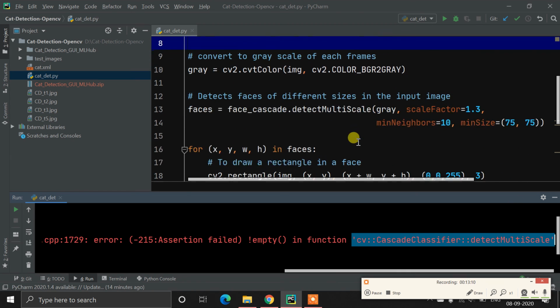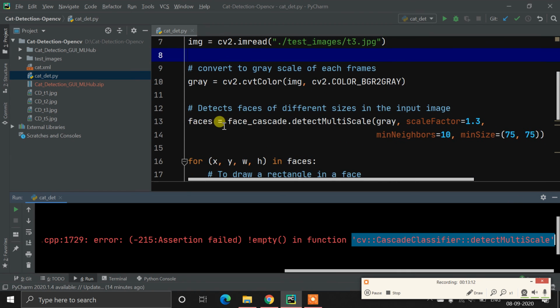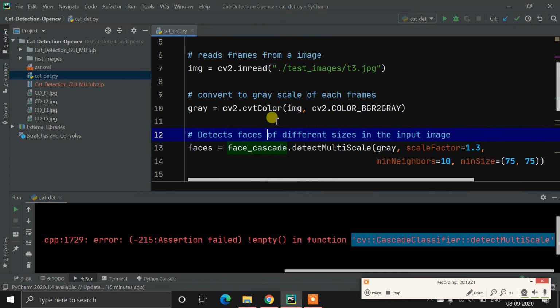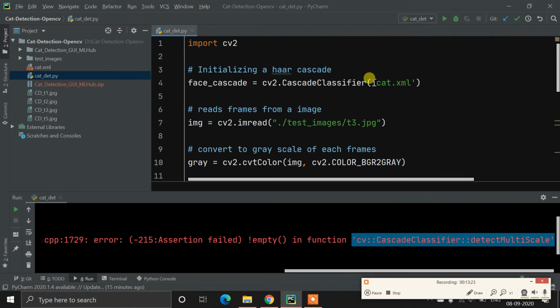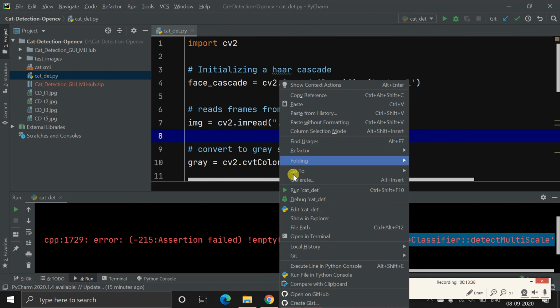So it's generating the error from this line, meaning the face cascade is empty. Now in which condition should the face cascade be empty? When your path is wrong for the XML file, the face cascade is empty. So that's why I got this error: I had not put my XML file here.